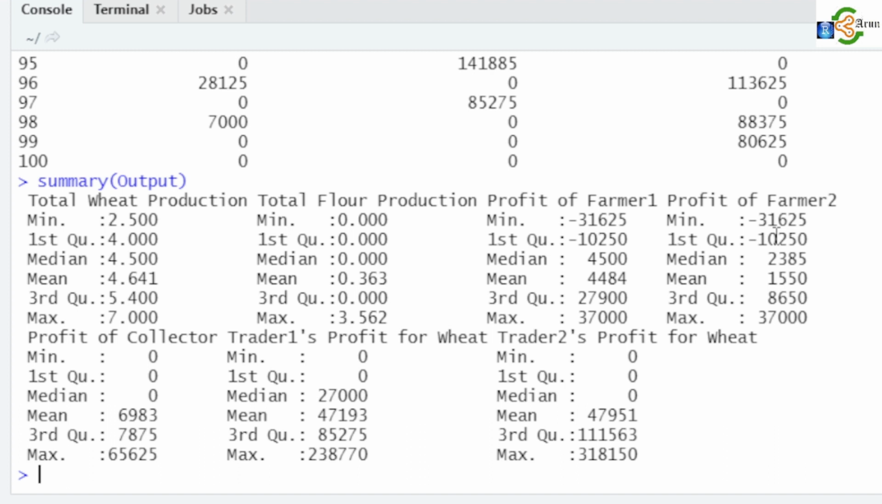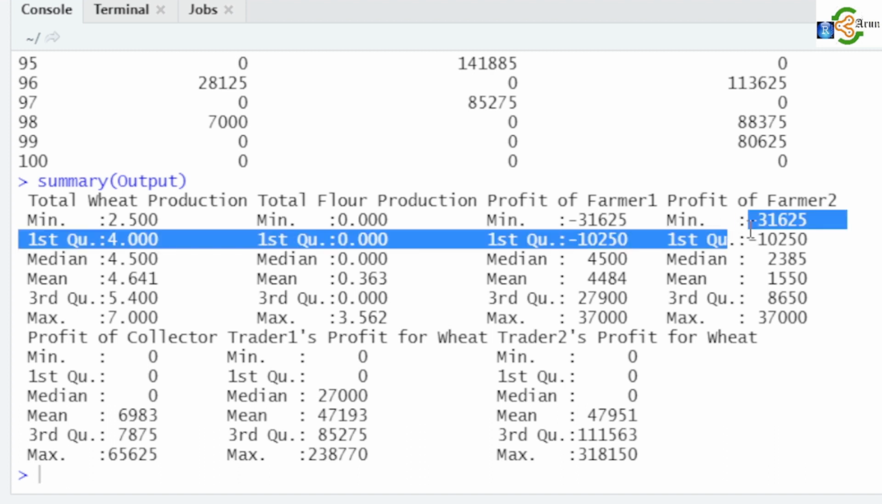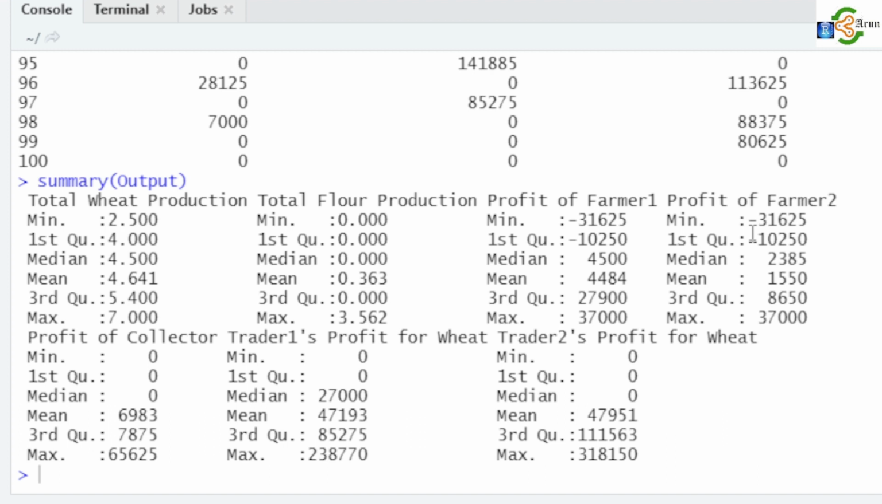Okay, so you can see here the minimum maximum losses and the maximum profit is almost similar, but the median value and the mean values and third quarters, the distribution of these things are different, because there's a complete random phenomenon. Okay, but the extremities are almost similar. In case of the collectors, as we have already discussed,